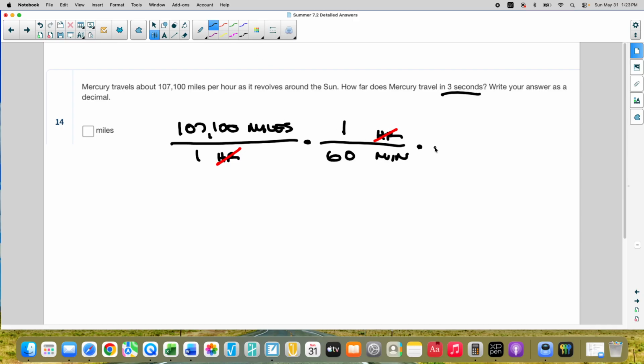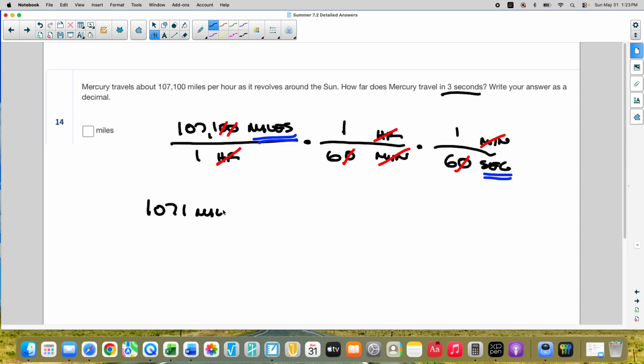So I want to get out of minutes. Minutes are in the denominator. So if I put minutes in the numerator and seconds in the denominator, 1 minute, 60 seconds. That cancels out my minutes. Now I'm in seconds. I'm in miles per second. Now I have to simplify. These are denominators. This is in the numerator. This 0 will cancel with this 0. This 0 will cancel with this 0. So we're left with